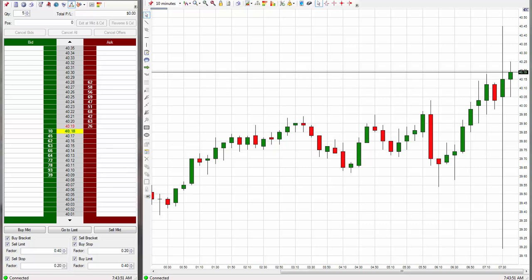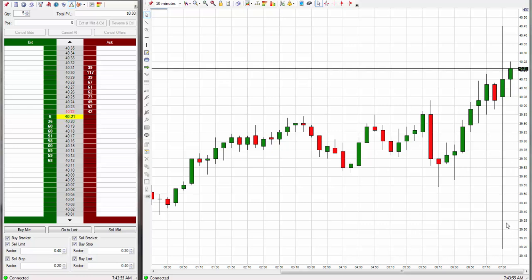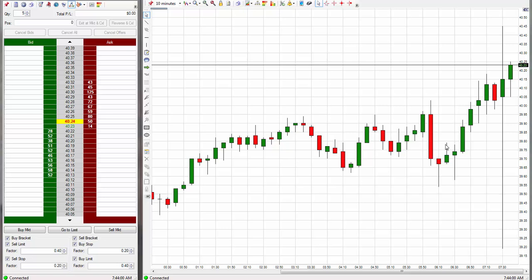Good morning, traders. The news has come out. You can see this big huge line here. That represents right when the news came out, and I am going to take a trade. I'm going to take the trade called out within my charting service about almost 10 hours ago,